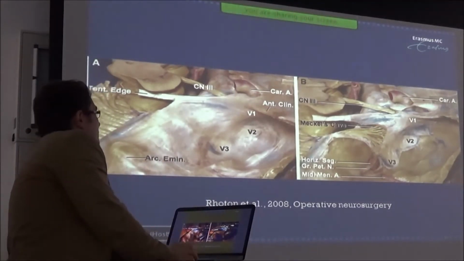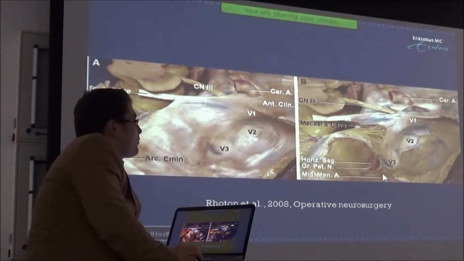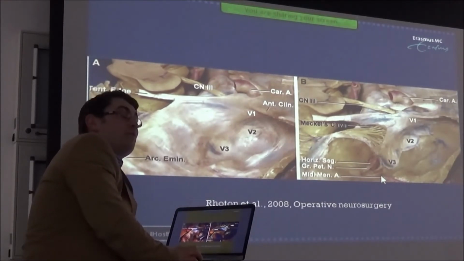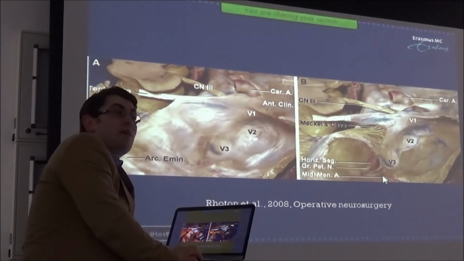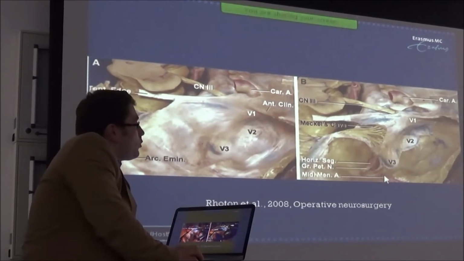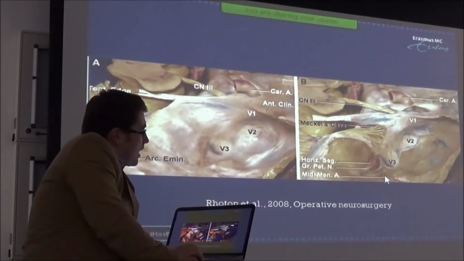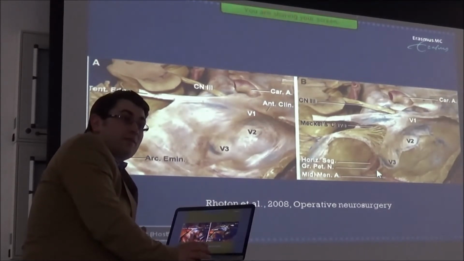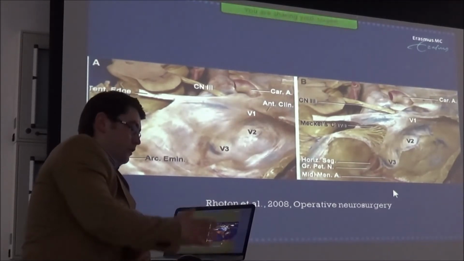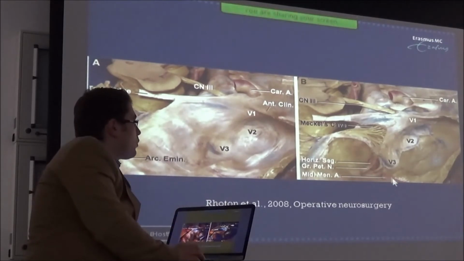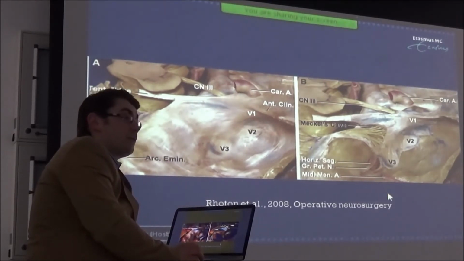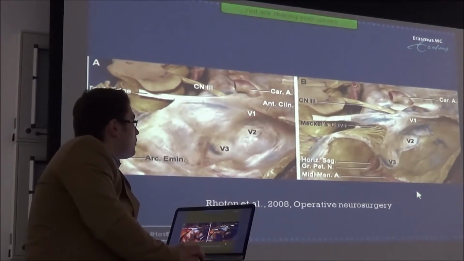Yes, foramen spinosum. So you've identified the foramen spinosum. If you've done that, then your first step is actually almost done, because the second step is identifying foramen ovale. And that's very simple, because once you've identified foramen spinosum, divided the middle meningeal artery and plugged it with some bone wax